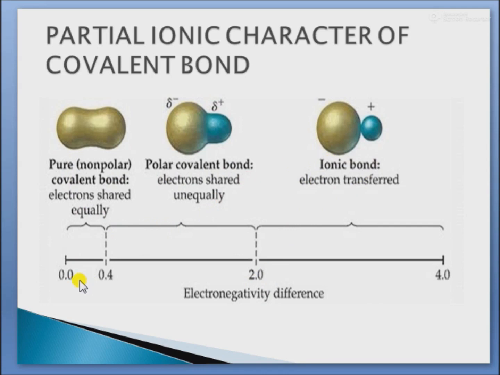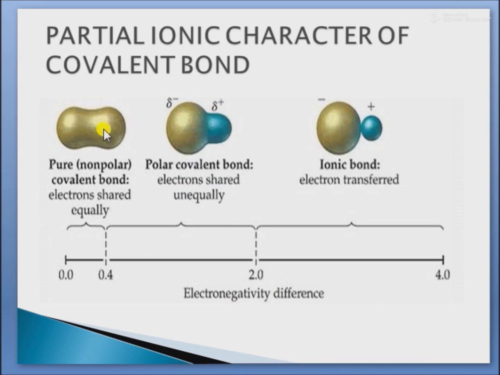Here in the range of 0 to 0.4, it forms pure covalent bond, means non-polar covalent bond. Electrons are equally shared by the two atoms. And when the electronegativity difference increases from 0.4 to 2, it forms polar covalent bond in which the electrons are unequally shared between the two atoms, and they acquire partial negative charge and partial positive charge, as in case of